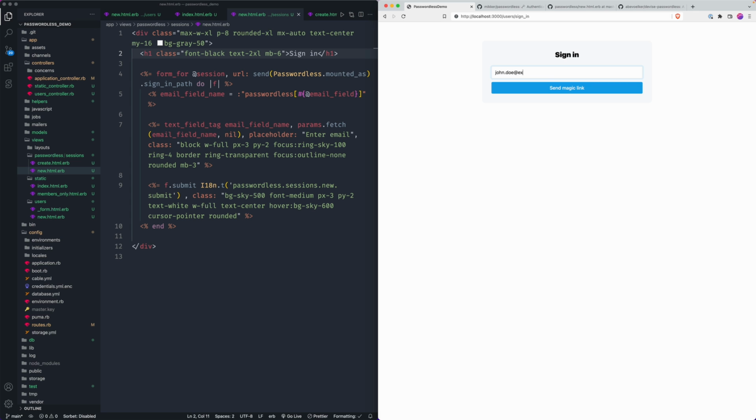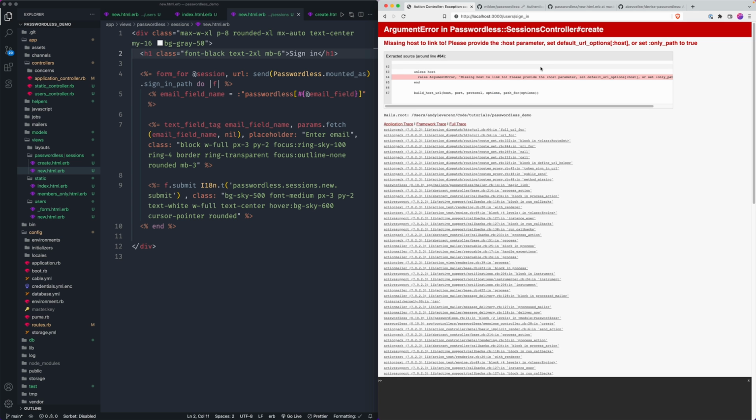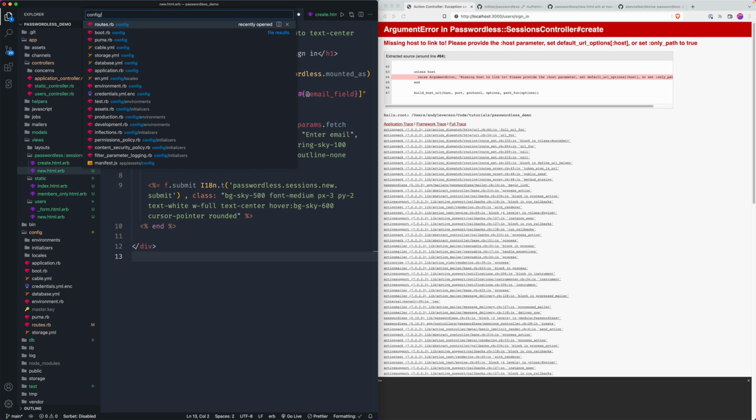So John Doe at example.com. And we're going to get this. I ran into this before. Basically, in our development environment, we don't have a default URL host set. And for mailers to kick off and send something, you need to set something in your configuration to do as such. So what I want to do is go into config environments